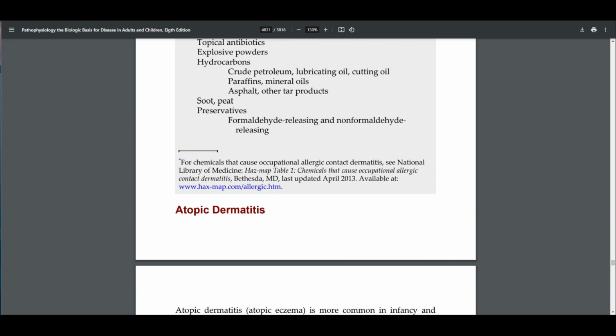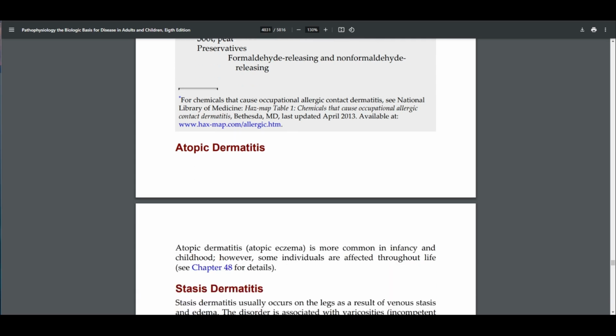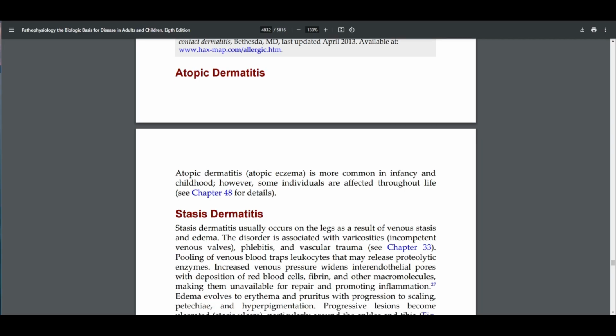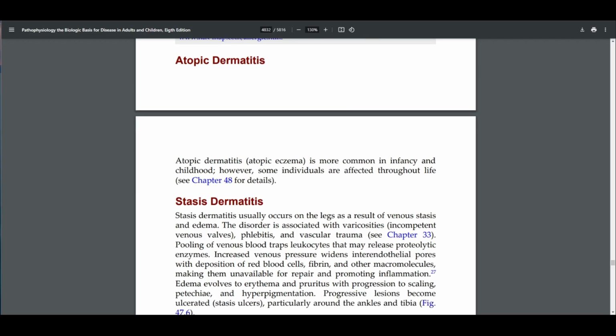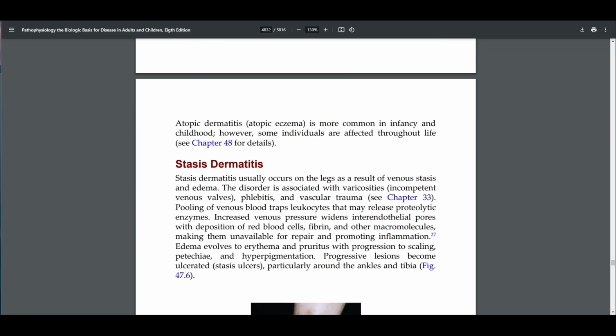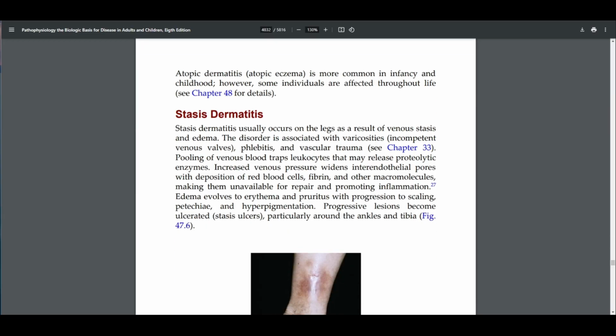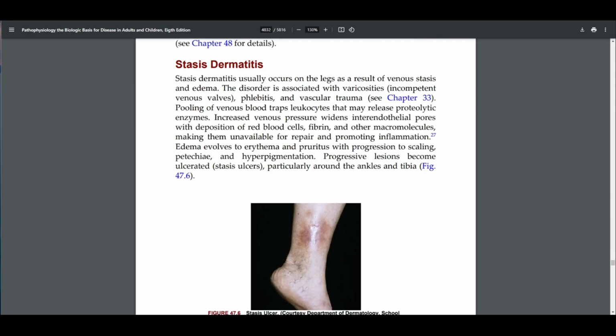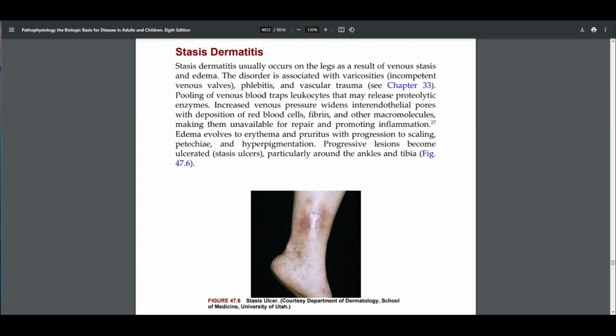Atopic dermatitis, also known as atopic eczema, is more common in infancy and childhood. However, some individuals are affected throughout lifetime. Your stasis dermatitis. Stasis dermatitis usually occurs on the legs as a result of venous stasis and edema. The disorder is associated with varicosities,